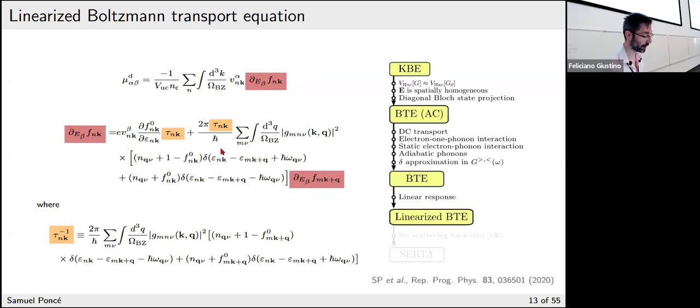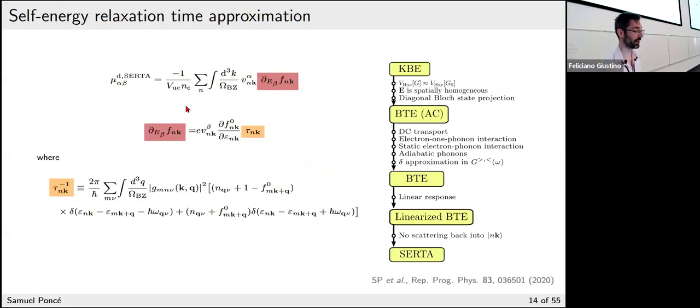And here I've also highlighted the tau, so the scattering rate here, which is directly connected with the electron-phonon matrix element, and was also touched upon yesterday by Feliciano. Now, if you don't want to solve this equation self-consistently, what you can simply do is kill the second term. And in that case, you have a much simpler expression that we call the self-energy relaxation time approximation, in which now your term is simply the velocity, the change of occupation,